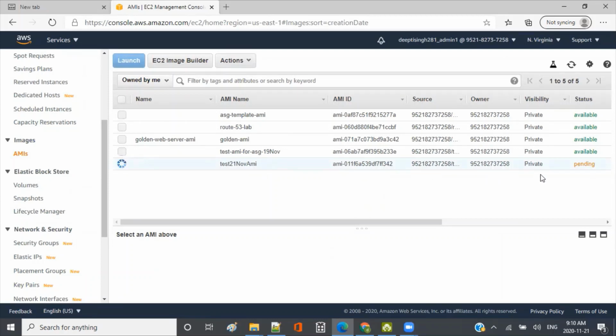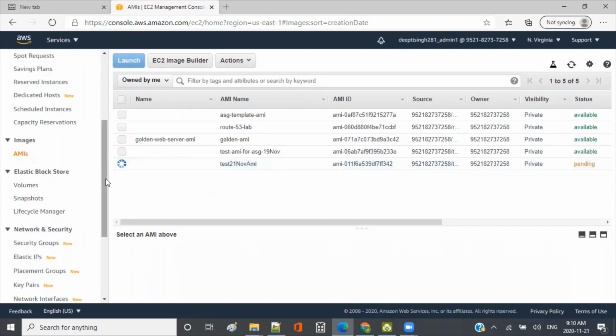It is pending, but at the same time it will also create a snapshot because it needs a snapshot. It is automatically creating that. So an AMI is only a reference, it just refers to that particular snapshot. Even for the AMIs which we use from AWS at launch time, they have the references, but they also have the snapshots.